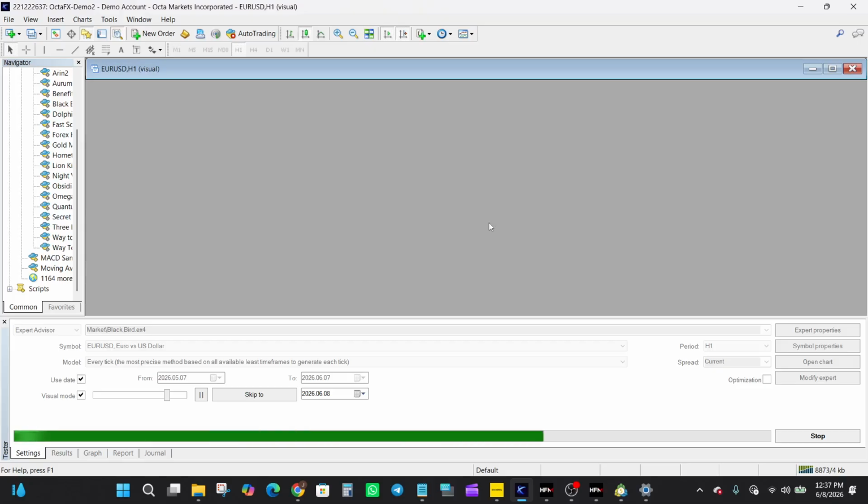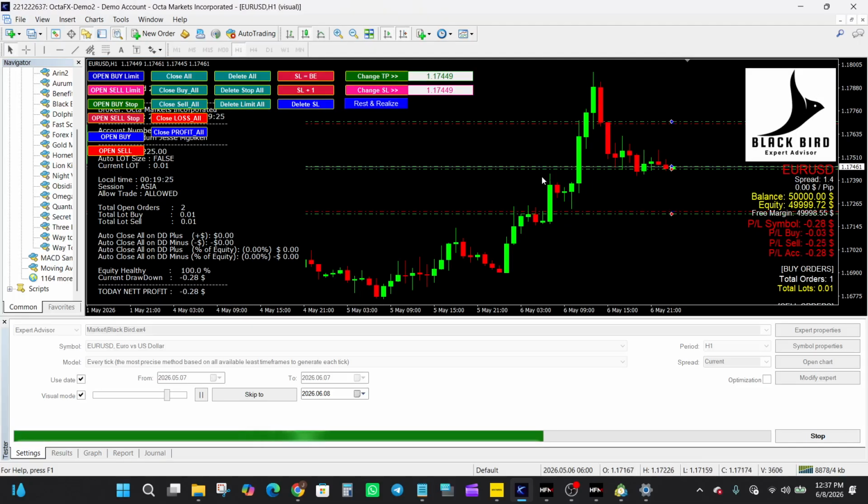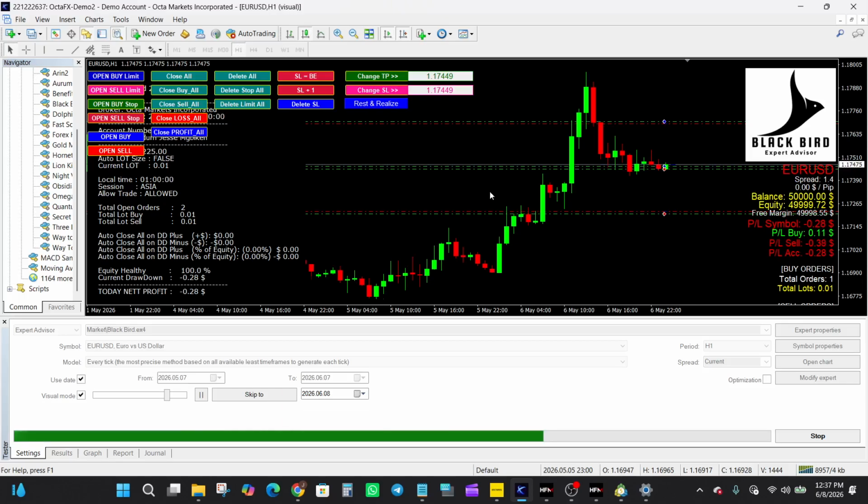All right. So looking at the historical chart behavior, what typically stands out with this type of EA is the way trades cluster during movement phases and how positions are managed once the market starts trending or reversing. Now, the focus here is less about single entries and more about how the system handles sequences of trades. Okay, so from a strategy perspective, the behavior suggests a combination of quick scalp entries combined with layered position management. The hedging and martingale components likely influence how exposure is adjusted when price moves against or in favor of the